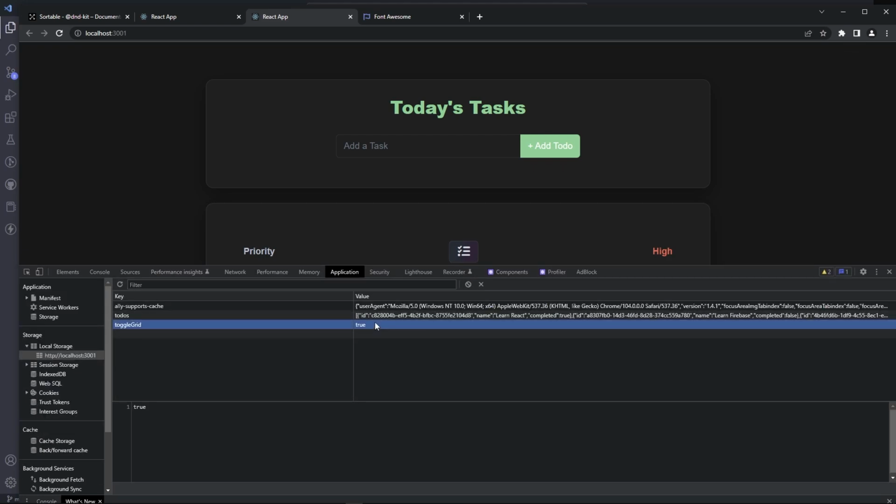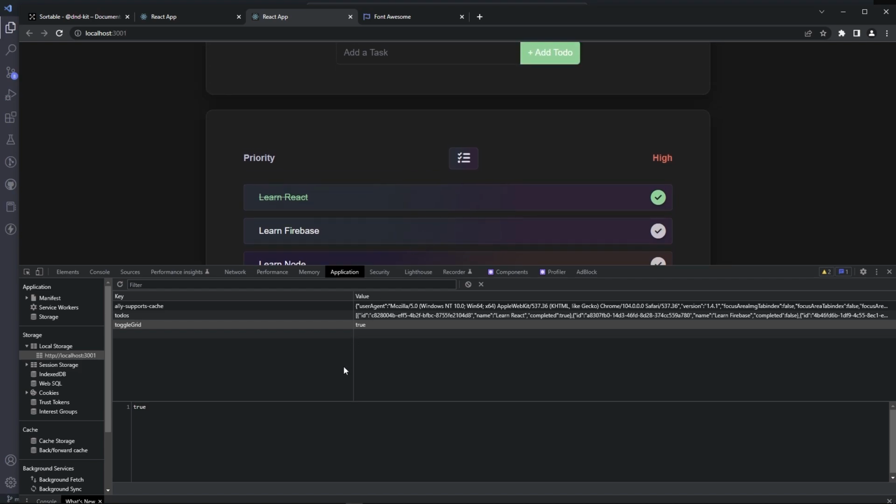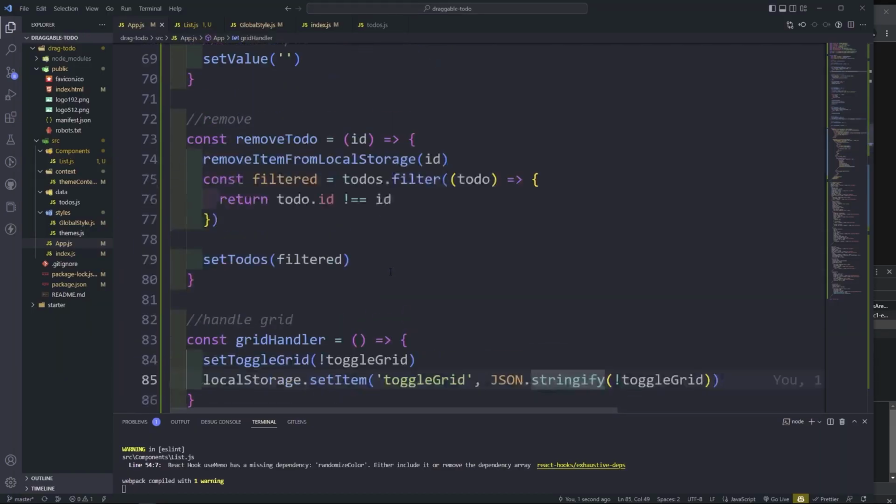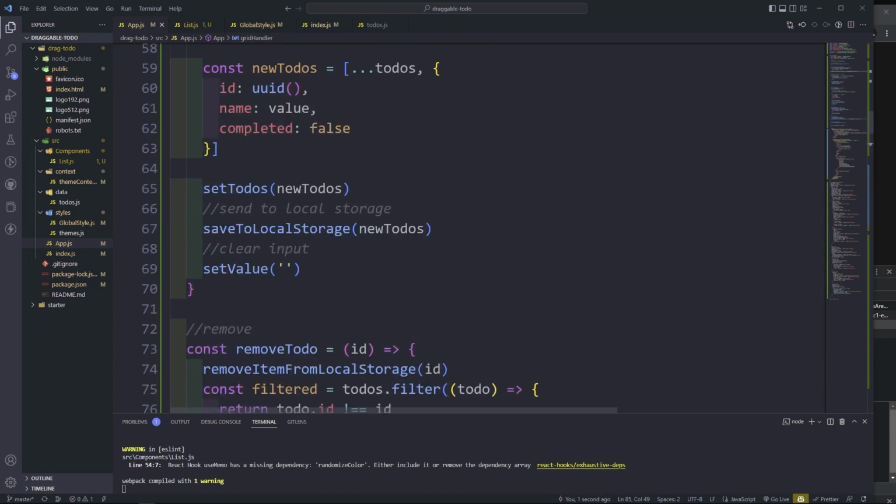So we have toggle grid is there, it's true. When I click again, still true. It's actually toggling now. It's true, false, true, false, true, false. So when I refresh, it's true, right? But it's not changing the interface here. Okay, so we need to retrieve the state from the local storage. So we need to go to the useEffect on mount. So on first render, we want to retrieve the grid